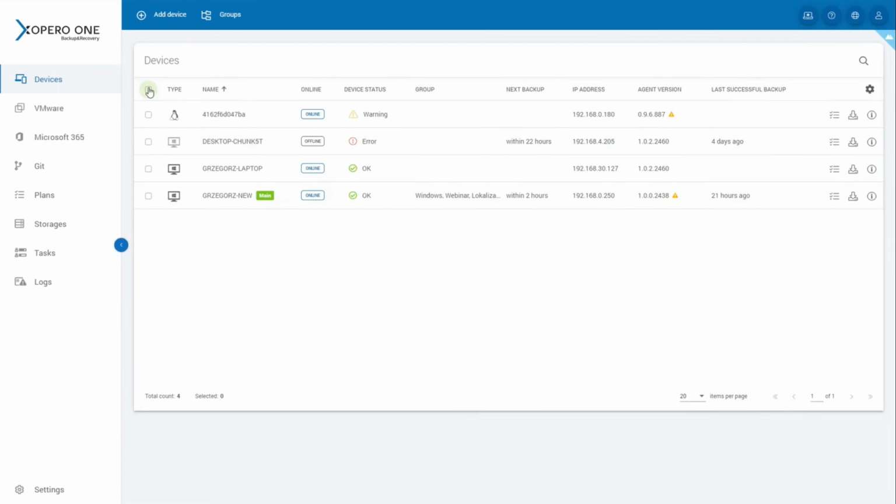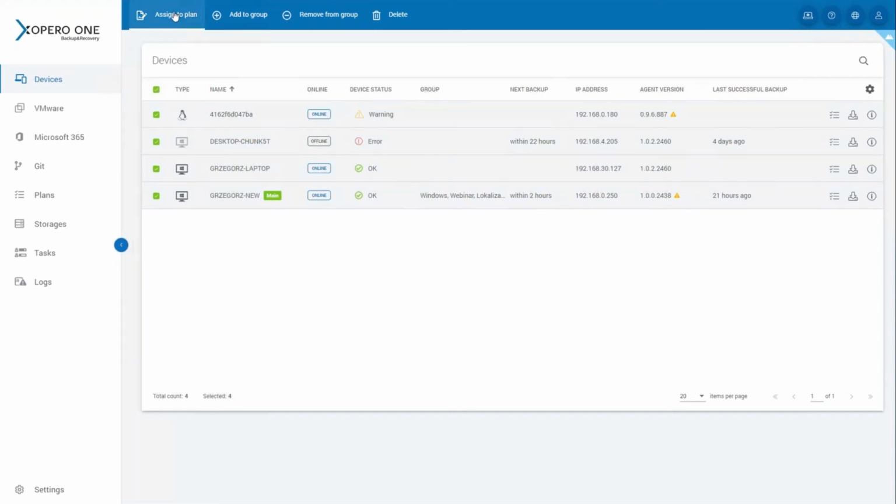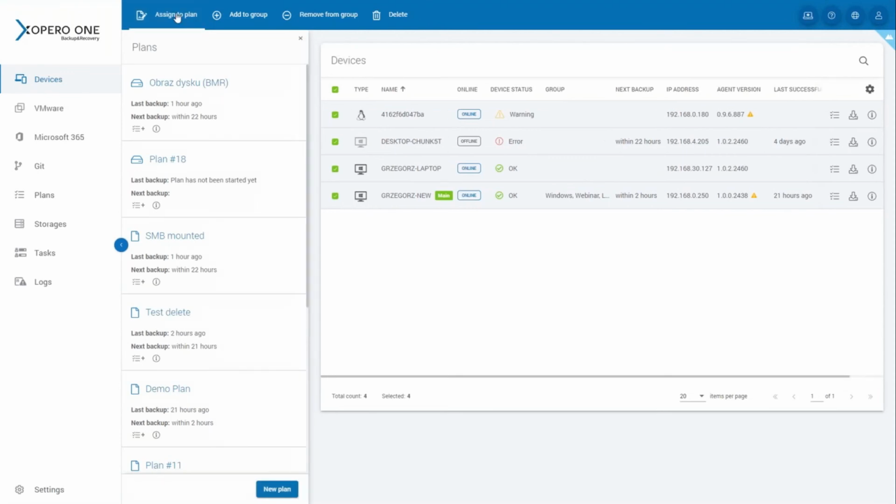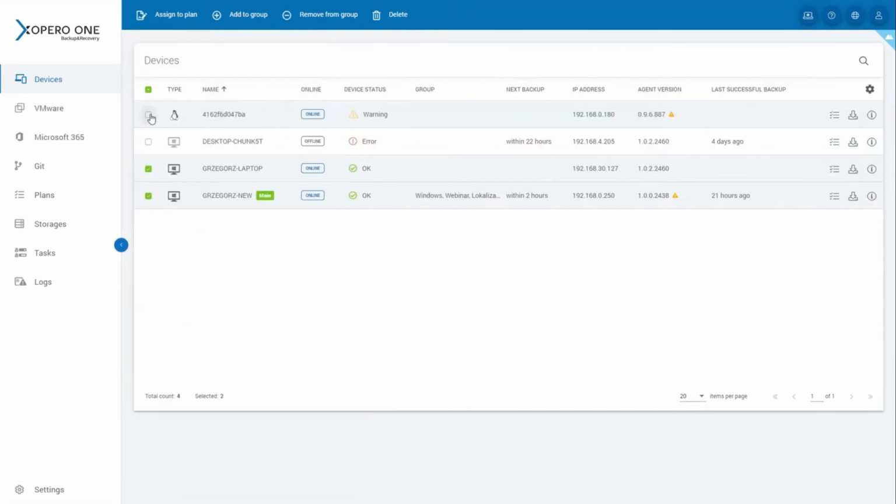Through this table view, we can also make some mass operations on multiple computers at once. So, for example, we can assign all those computers at once to an already existing backup plan just by selecting them and pressing the Assign to Plan button. We can also pretty easily add our computers to groups. You can group your computers easily. The group you have to treat as some kind of